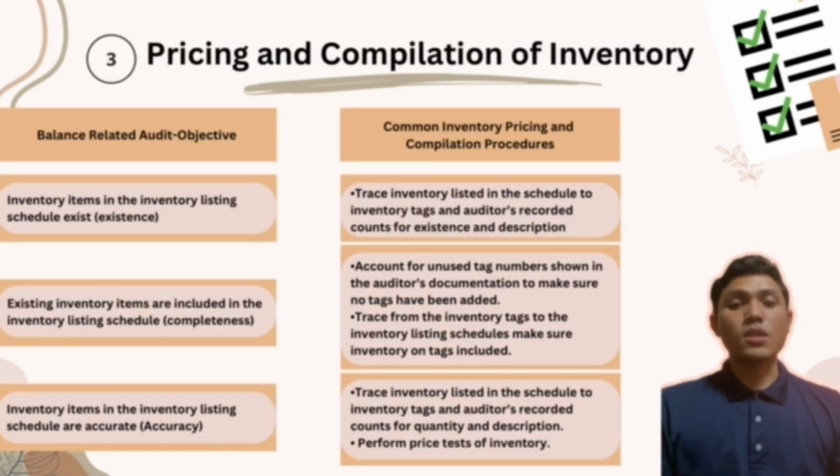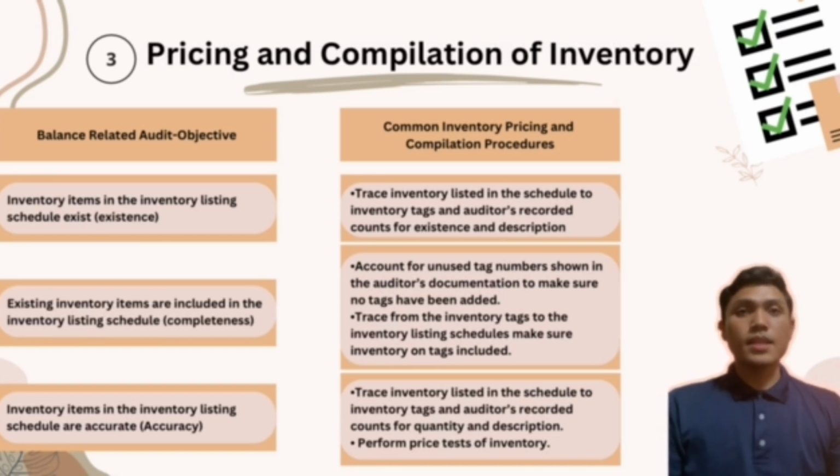Lastly, the auditor can gather inventory evidence by using the method of pricing and compilation of inventory. This method relates to the balance-related audit objectives, and we follow the common inventory pricing and compilation procedures. Firstly, inventory items in the inventory listing schedule exist. So the balance-related audit objective is existence. The procedure is to trace the inventory listing in the schedule to the inventory tag, and the auditor records the count for existence